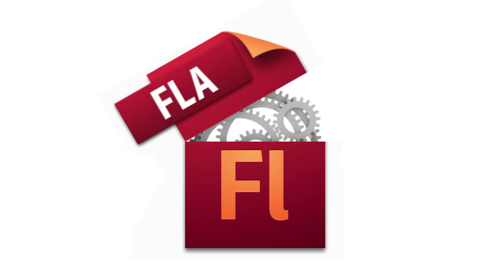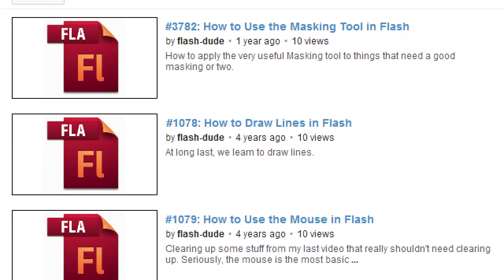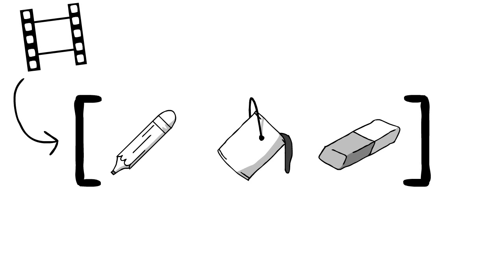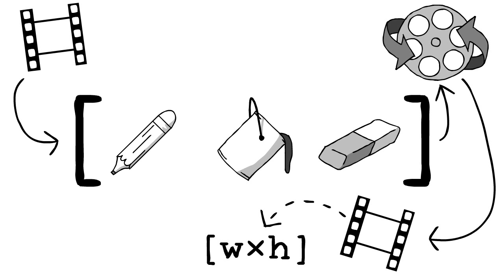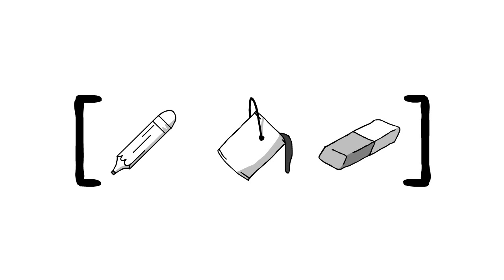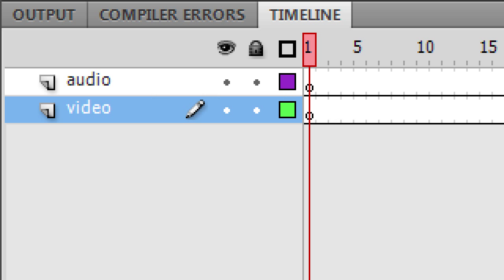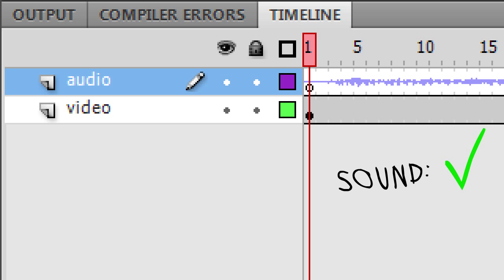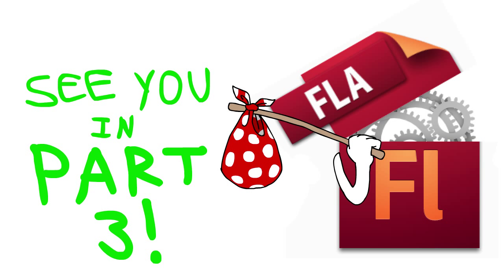I'll be leaving out most of the technical stuff because there are plenty of Flash tutorials out there already, so with a few exceptions, most of the stuff about importing, exporting, video quality, codecs, and what have you won't be making an appearance in this. First things first, get a video, get its audio. You'll need the audio in its own file because if the video clip has audio in it, it won't play in the editor, and you kinda need to hear it. That's all the technical stuff until the very end.